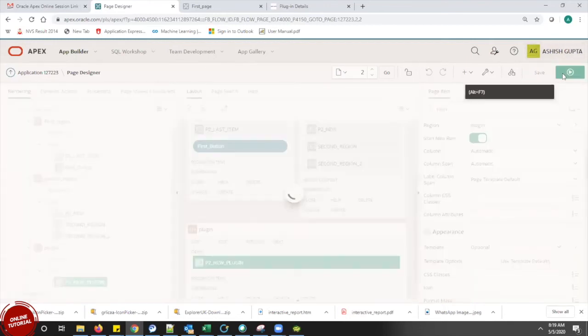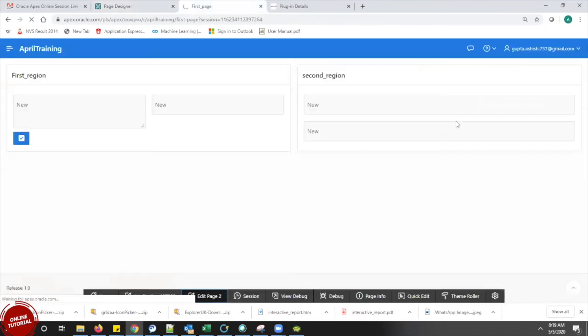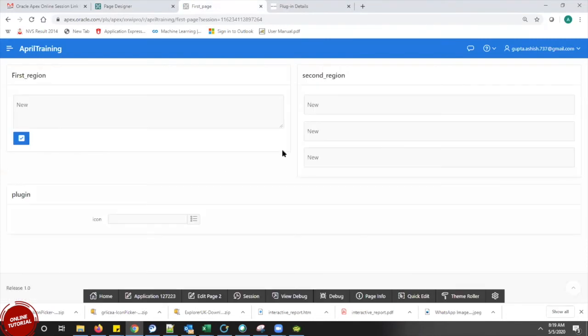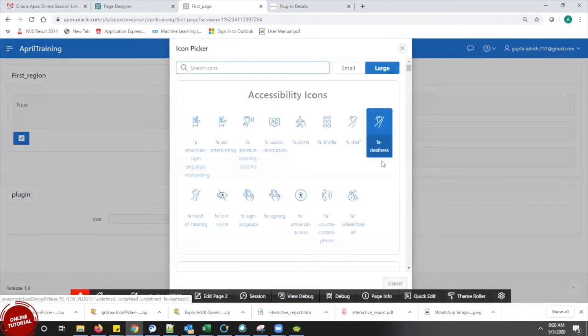That's it. I save it, I run it. Okay, I can see this is my plugin and this is my text item icon, and here is the plugin. So when we create an item, we will not get this. This came from the plugin itself. And what is this? When we click over here, we can get all the icons.